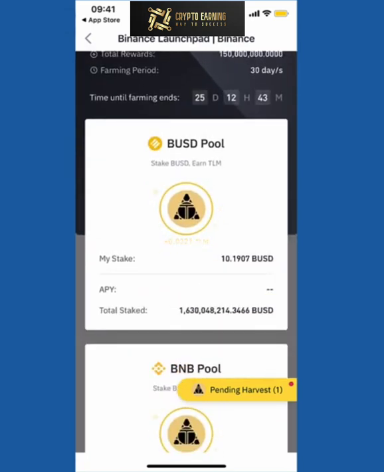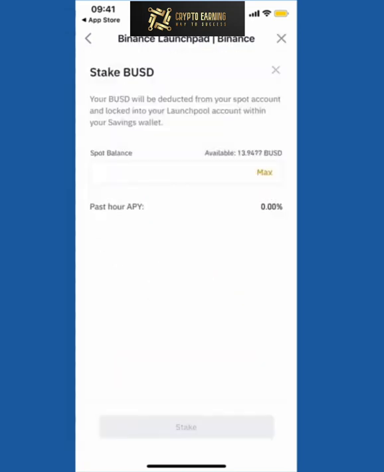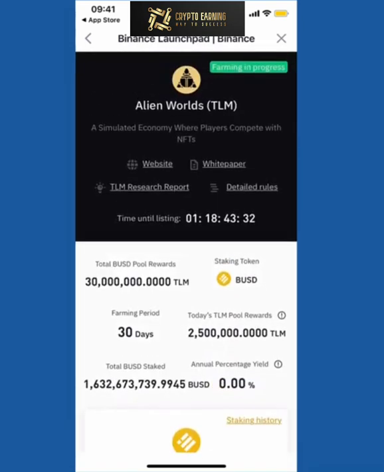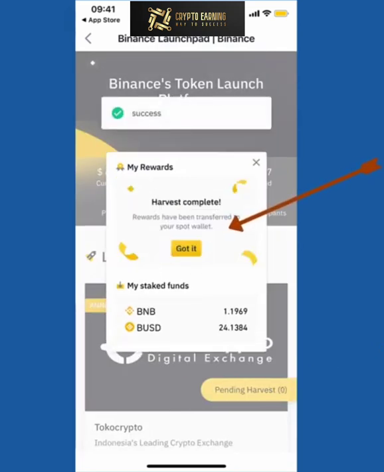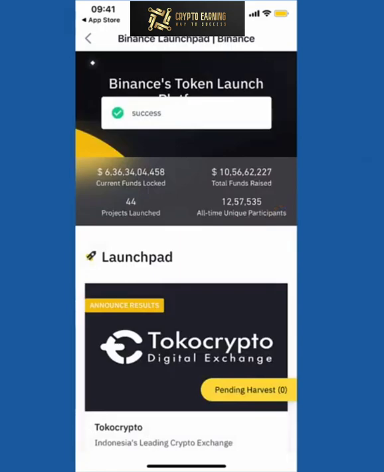So if you like this coin, you can always stake your coin. Let's say I'm staking BUSD, and you'll be able to accumulate this particular token which is called TLM, Alien Worlds. And the farming is in progress. You can always click on pending harvest, and you can click on harvest all to accumulate this coin. Now this coin which you have accumulated will go to your